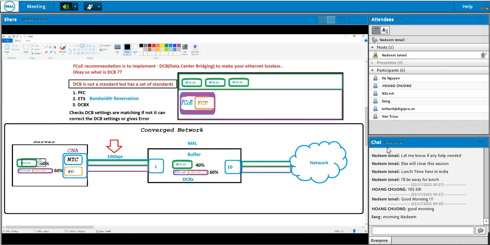In this setup, let's say if you configure something on the CNA, Ethernet traffic 40%, FCoE traffic 60%, well, that should be the same thing on MXL. These settings should match. There shouldn't be any mismatch. If there is a mismatch, it gives you an error, and optionally, it can correct that mismatch